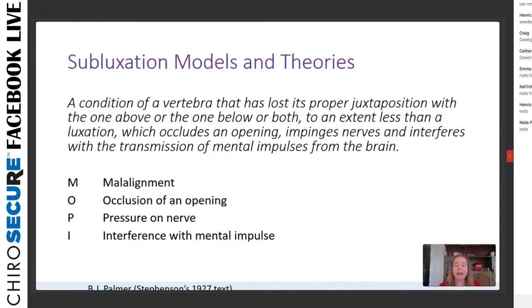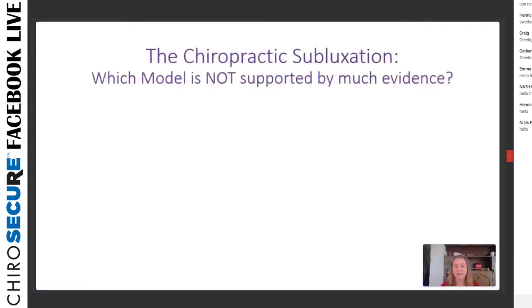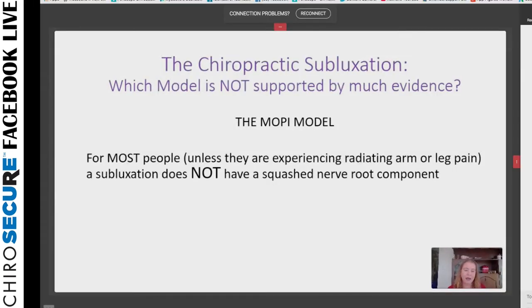But do we have any evidence for this? I've been looking at all the evidence I can find around this model, and there's some really interesting evidence that actually has been done. But I would say that there's not a lot of evidence for this model, and I'll explain why I say that. To summarize the research on this MOPI model, the squash nerve theory of the subluxation, I'd say that